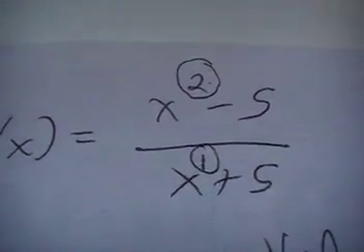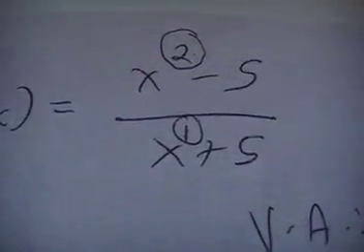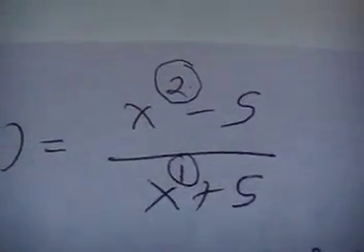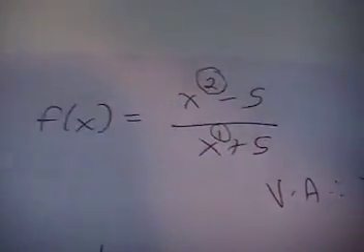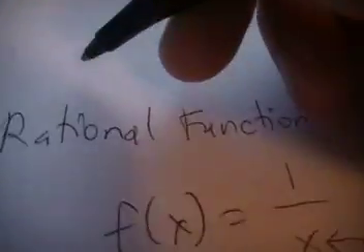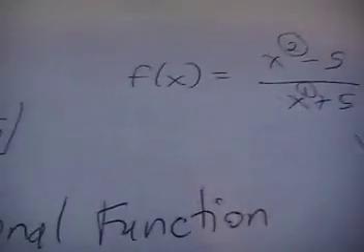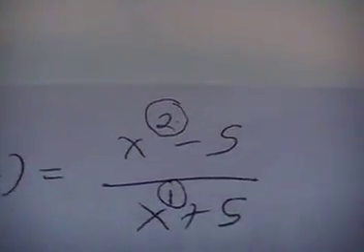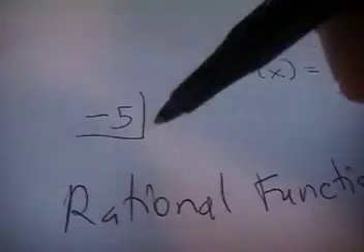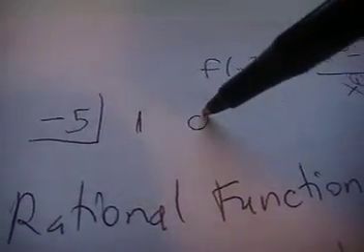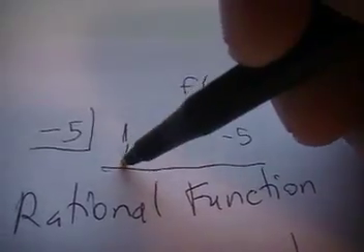So to find what it is, all you have to do is divide them, either with long division or synthetic division. I would go ahead and use synthetic division because x plus 5 makes that easy. X plus 5 is a factor. So I could do negative 5 in the house as the 0 for x plus 5. And then I have a 1x squared, and there's no x to the first, and then there's a negative 5. So I'd put a 1 for the 1x squared, a 0 because there's no x, and a negative 5. Bring down the 1,